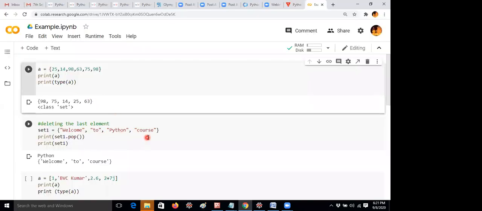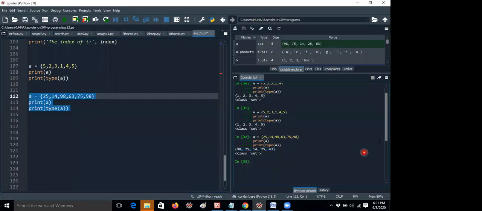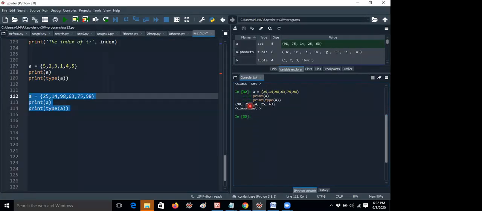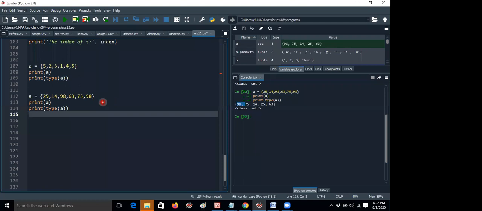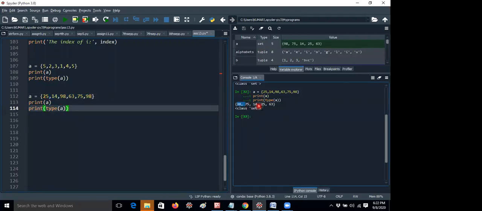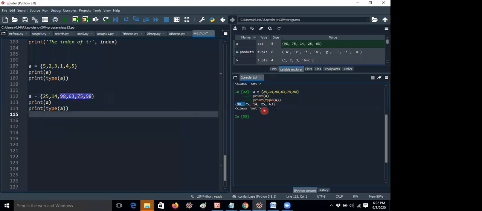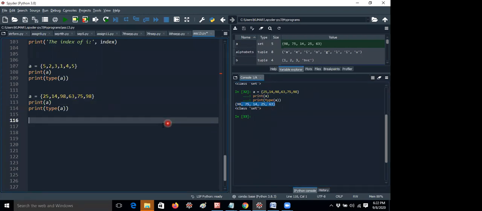But in sets, based on the compilers, different compilers will give different results. Don't confuse, because if you are running in any other IDE, you may get 1475 in the first line. That's not a problem at all. You will get the elements in whatever order it may be. You don't have to remember anything, guys, like 98 will be displayed first or 75 will be displayed. First remove the duplicate element and then you can print the elements. For example, if you run the same program, you will not get the same output. You will get a different output, with the duplicate 98 removed.